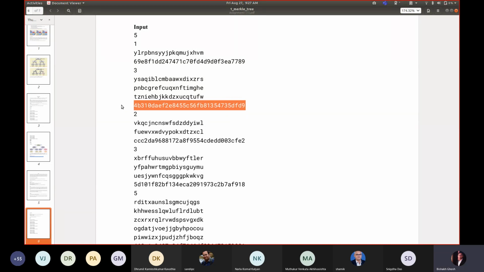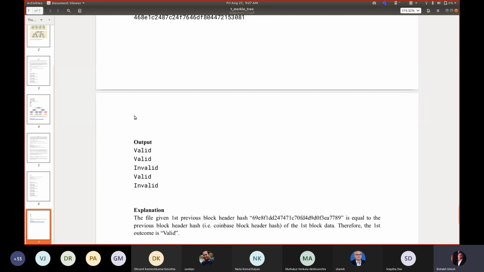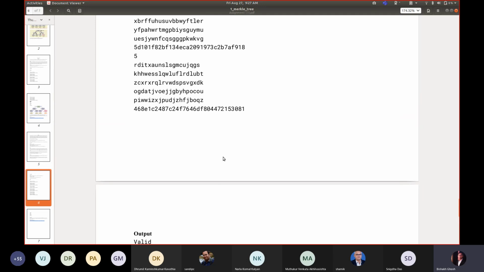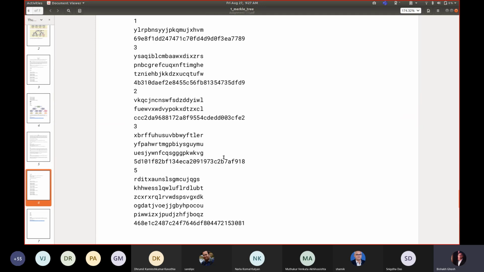You have to validate whether this previous block hash is correct. This is not what you get by computing the previous hash yourself; it might be different. If it matches the correct value that you compute, print valid, and if it does not match, print invalid.